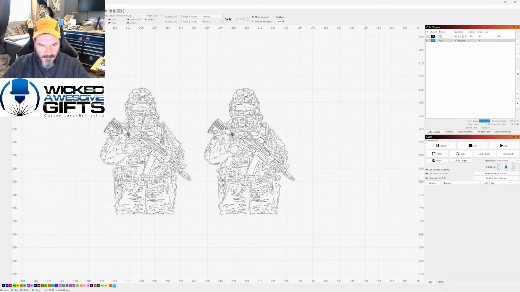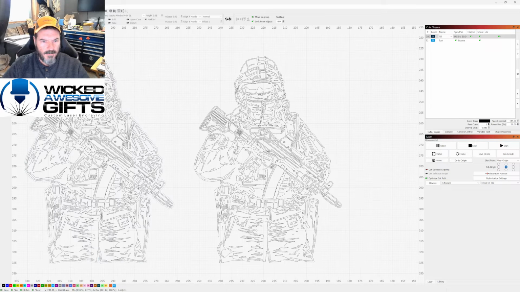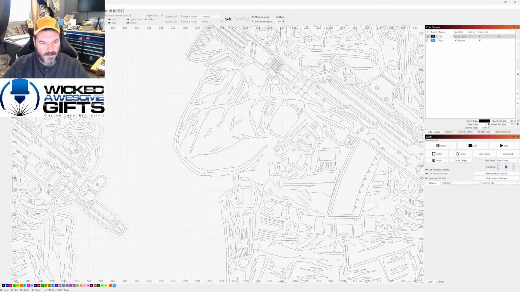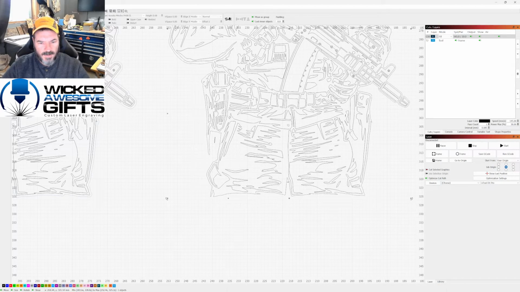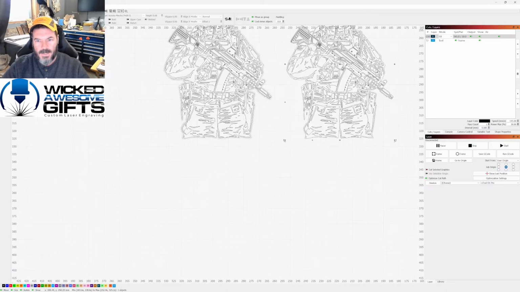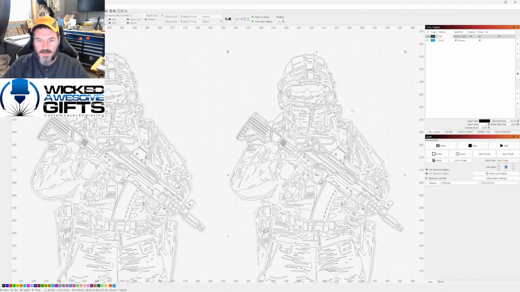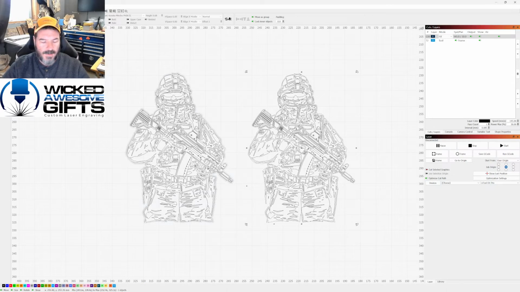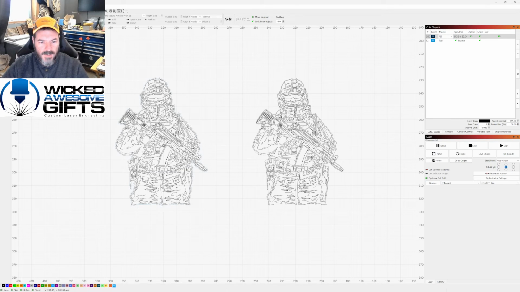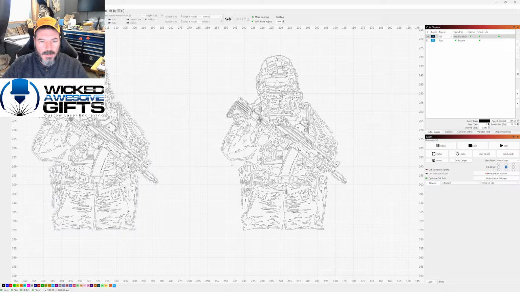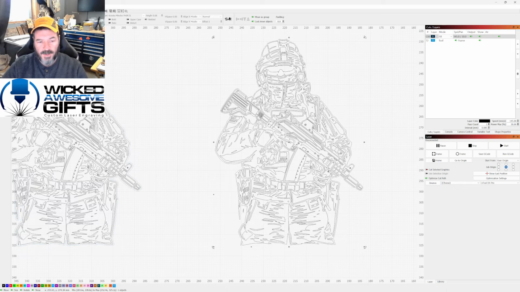So basically, if you look at your image, sometimes there is a single solid line that goes all the way around it. Zoom in and take a look, and you'll see there's a single solid line, and it's basically an outline. Now, some of the images don't always have those, but this one does. One thing you can do is delete that outline. If it's still going to keep the shape of the subject, then you'll be okay. So rather than actually delete it, I'm just going to turn it into a tool line because then it won't show up on the preview. So I turn that into a tool line, and now if we hit the preview button,